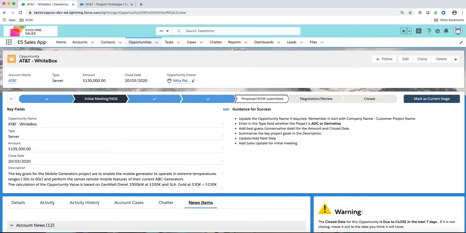Now, basically, I'm using the same format for all the other objects, for example, the accounts, contacts, leads, which makes it more intuitive for the user to use. And having a consistent format also makes it easier to train the salespeople on how to use Salesforce. So let's look at some of the